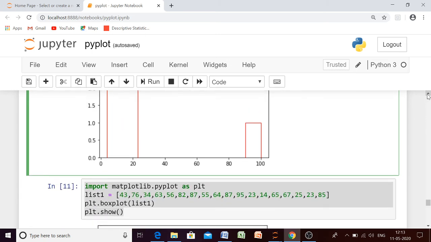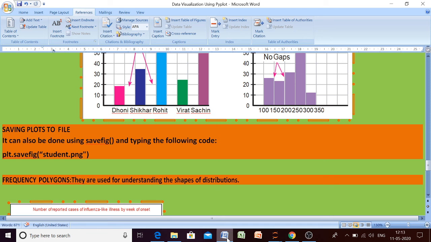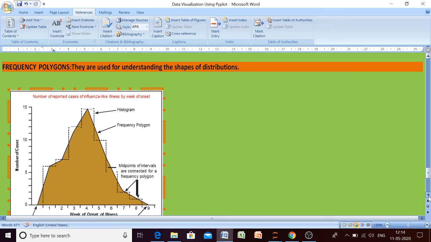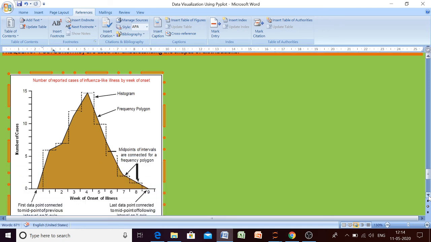One more concept is the frequency polygon. If you have your histogram, you can draw the frequency polygon manually also. Suppose we have this histogram.